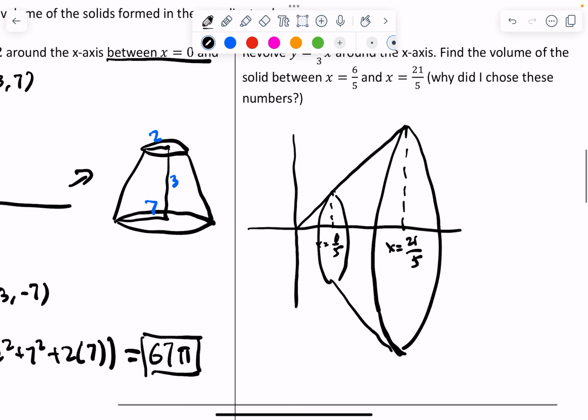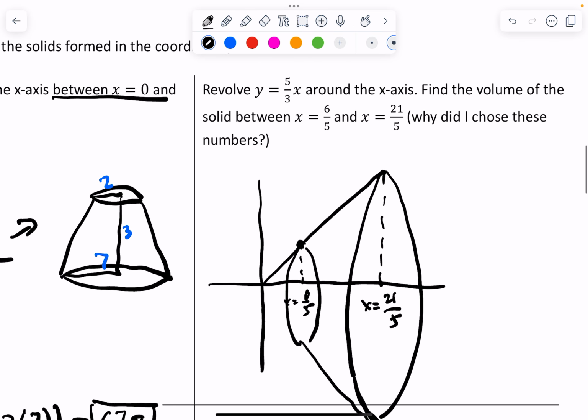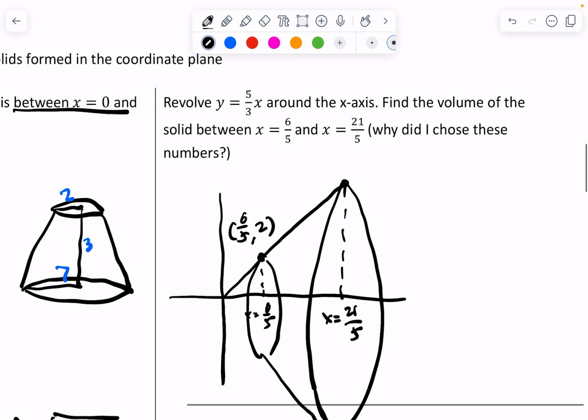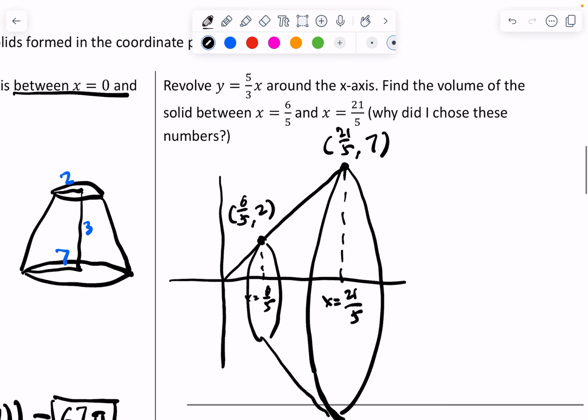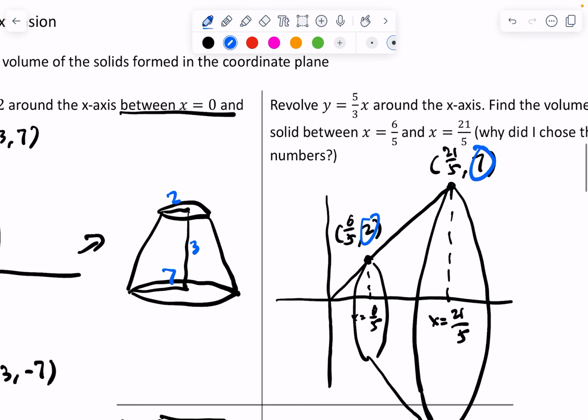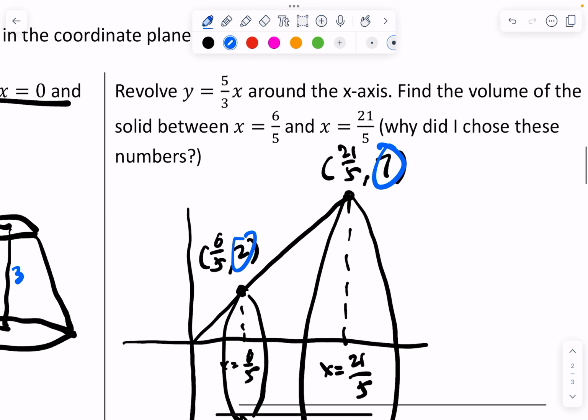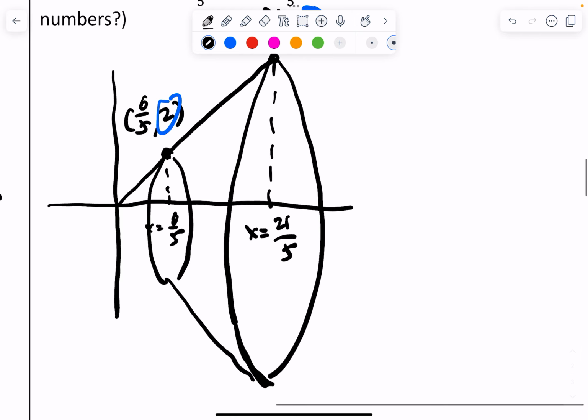And then, this is where the interesting thing happens. What point is this? This is the point 6 over 5, comma, 6 over 5 times 5 over 3, which is 2. This is the point, what? 21 over 5, comma, 21 over 5 times 5 over 3, which is 7. Why does 2 and 7 look the same? Why do they look so familiar? Well, didn't we just have a problem that had 2 and 7? Right? And if we really draw the frustum out,